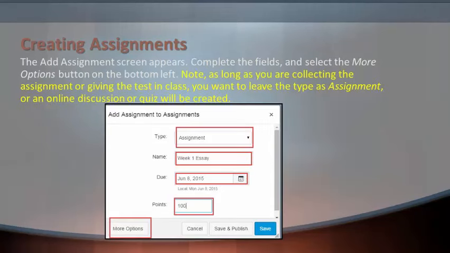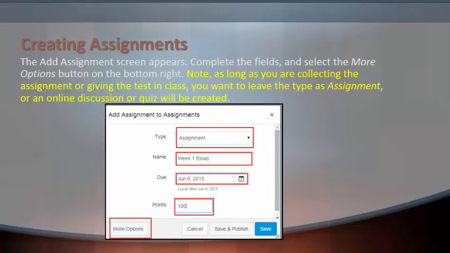As long as you are collecting the assignment or giving the test in class, you want to leave the type as assignment, or Canvas will expect an online discussion or quiz to be created. So in this case, the type is assignment, the name is Week 1 essay, it's due June 8th, and 100 points will be awarded. And I will pause again so that you can create your assignments.